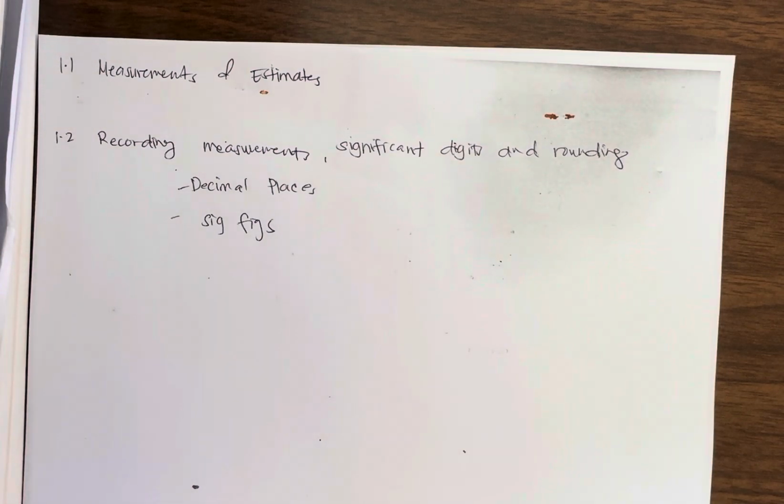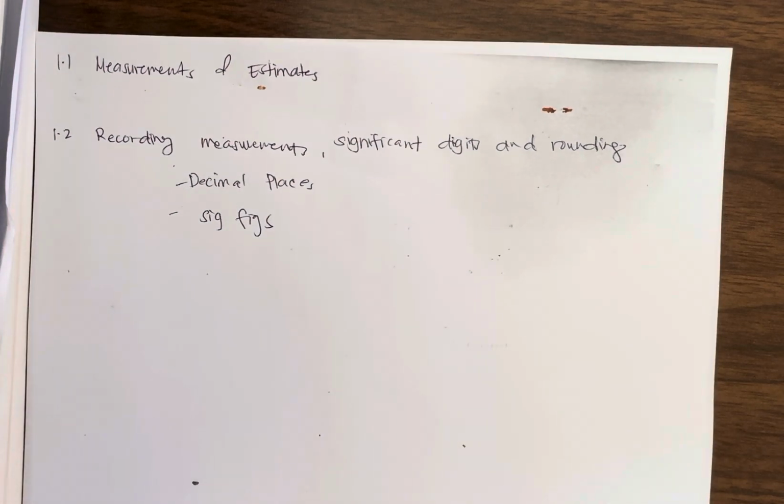All right, moving on to 1.2: recording measurements, significant digits, and rounding. You should all have a basic understanding of what this is. First of all, decimal places, pretty straightforward. This is just the number of digits after the decimal point. So if you're asked to round to 2 decimal places, then you could give me an answer of